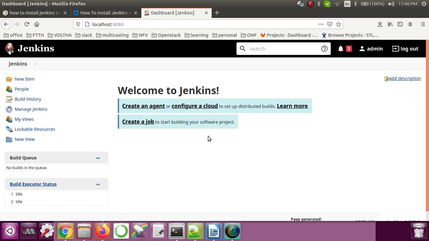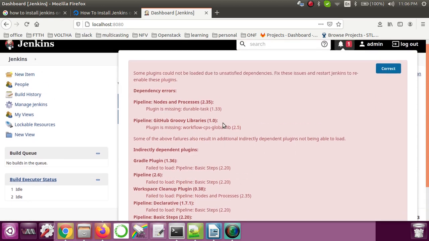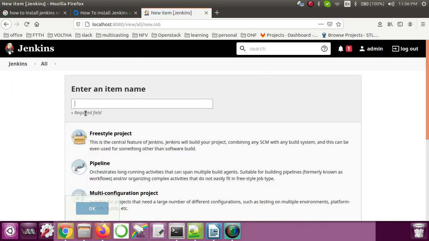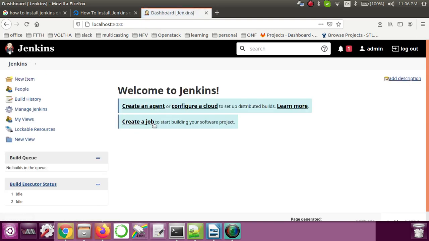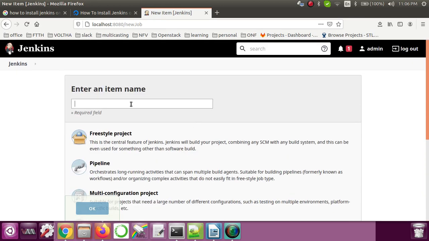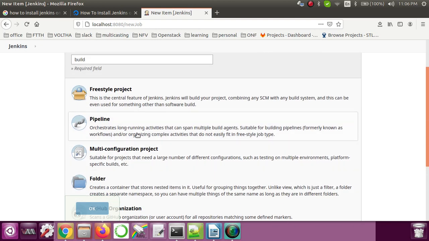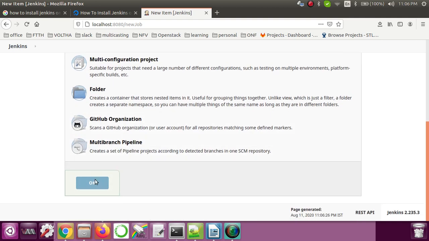Okay, so this is how it looks once Jenkins is installed. Now the next thing we need to do is, if you want to configure a lot of things, we can definitely do this, but right now what we want to do is create a job. Let me go to the home first. Let me create a job. I want to create a build job. The purpose of this job is to build a Java application. Okay, so let's start.